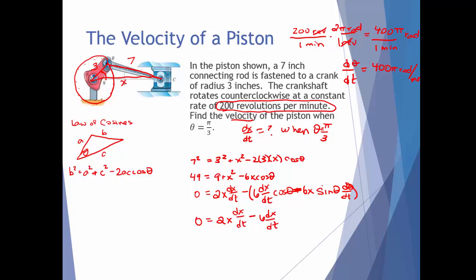We're specifically looking for the time when theta equals pi over 3. So that will be the cosine of pi over 3. And then this will turn to a plus, because I'm going to distribute the negative to it. 6 times x, again, we'll come back for x in a second, times the sine of theta, and again, theta is now pi over 3, times d theta dt, which we just calculated as 400 pi,